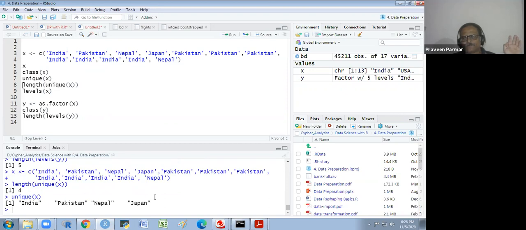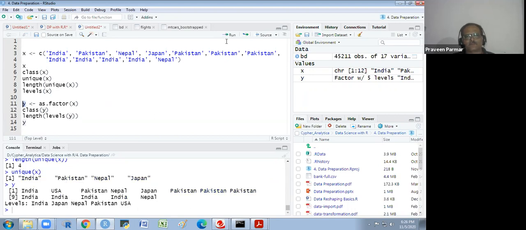But if you see Y as a factor and you remove that, we could not remove the element directly from it, we could change it. If I show you Y again, on the second place there is a USA.